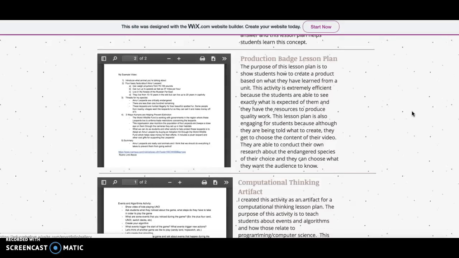And I think the production badge lesson plan is super important because it allows students to learn how to have those skills to create things and to kind of synthesize information rather than just memorizing everything and spitting it back out. It really lets them be creative and actually have a final product, which is really cool for them